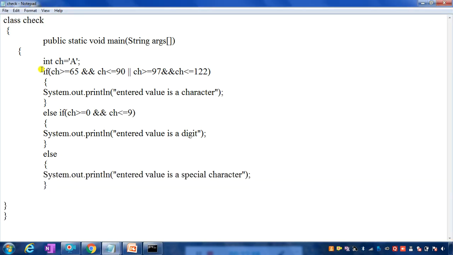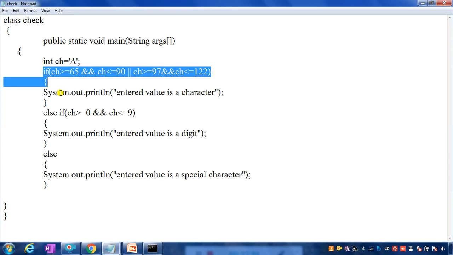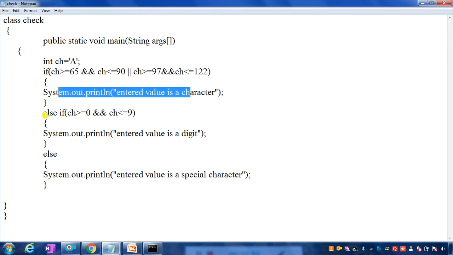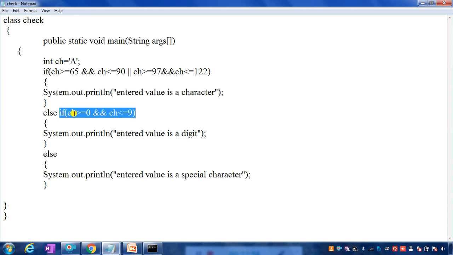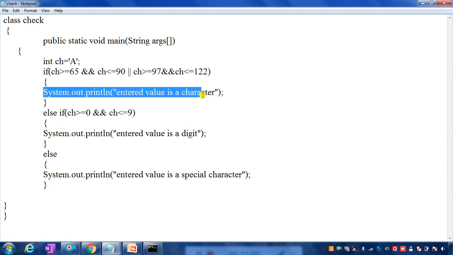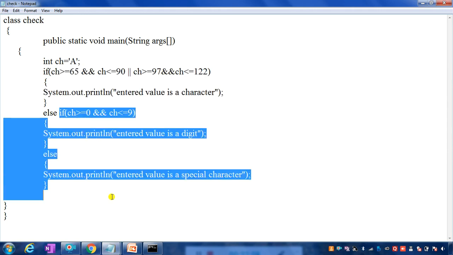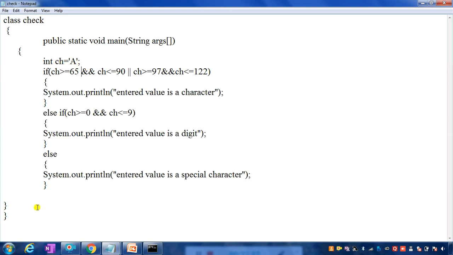What was happening is, first we had given this, so this condition was true, so it came here, but here I didn't give an else if. Here there was a new fresh if statement, so this condition went false for ch, so it came here. So I have to give an else if. So if this condition is true, then this will come, else it will come to this section. Okay, so in our case this particular condition was true, so it went into this and it came out of the whole thing. Okay, now if I enter a number in ch,